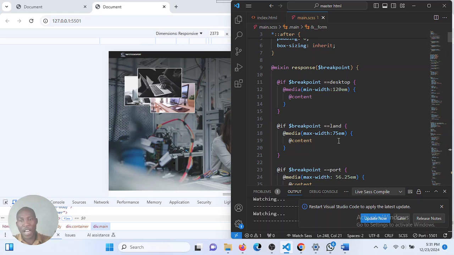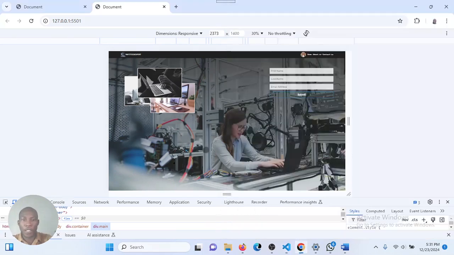So let me change that length because it's too small. That 1200 is too small. It's 19. That is why it's showing at this desktop level. So let me increase it to, let's just,